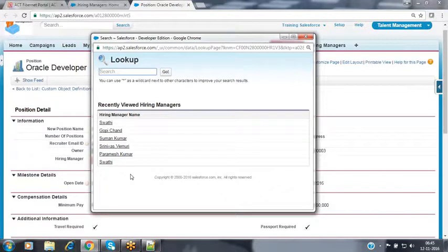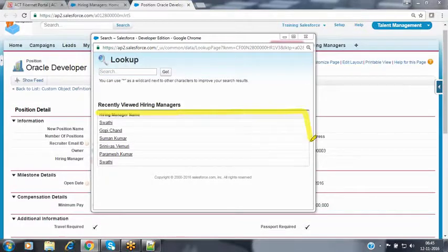How do you know which Swati record has the Bangalore location, and which has Delhi or Chennai? For that, I want to customize this table here. In the table, it displays only the hiring manager name, but I don't want to show only the name. I want to show the location, the email ID, and the contact number also, so that if the names are the same, we can refer to the other field values to identify the person. Then how can we display these fields also here?